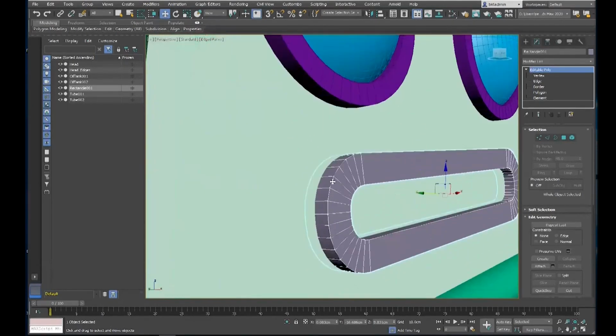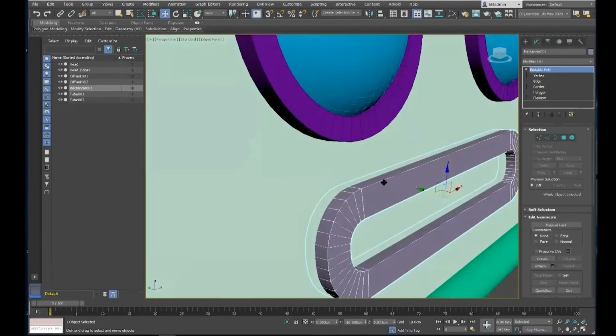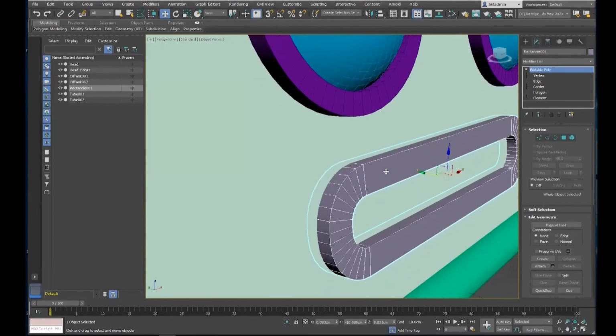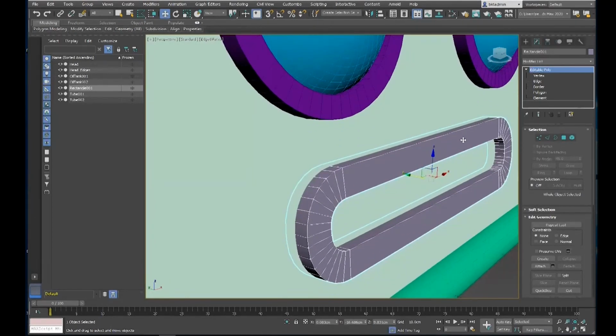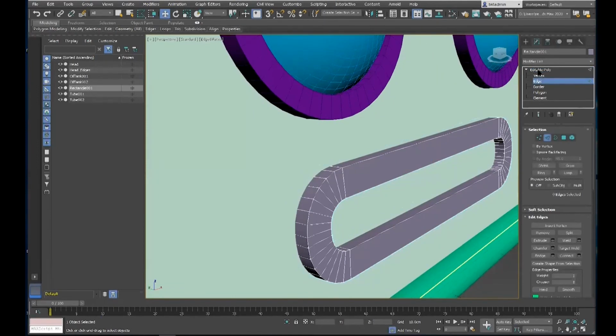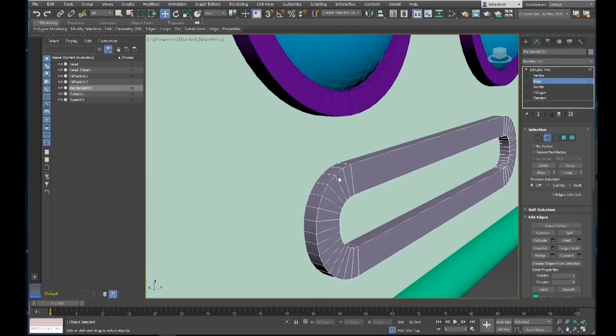My goal here is to soften up this edge. I want to create a rounded, nice edge that's running along the mouth. For that, because it's an edge, I have to select the edge subobject level. If you can't select the edge subobject level, first open up this triangle and make sure you see the subobjects. Or you can choose the selection area and click here. Actually, if you press number 1, that's vertices, number 2 is for edges. Now just select one edge